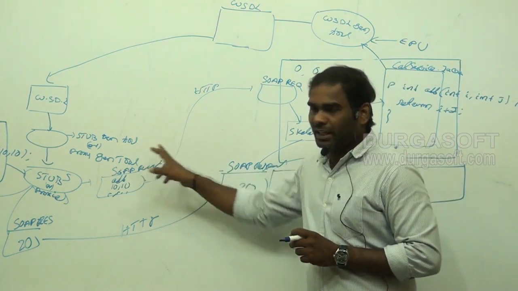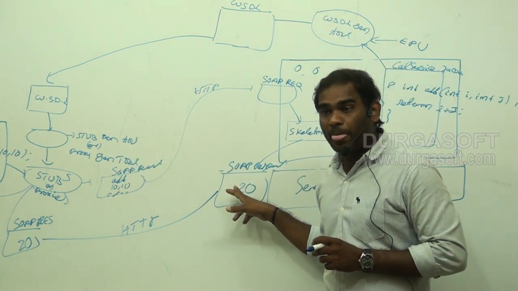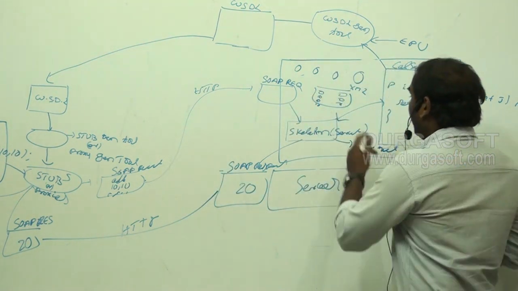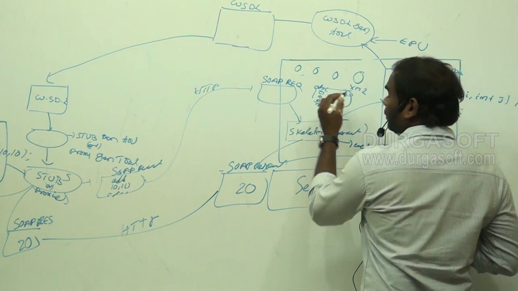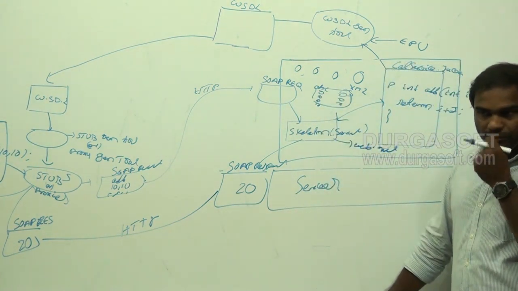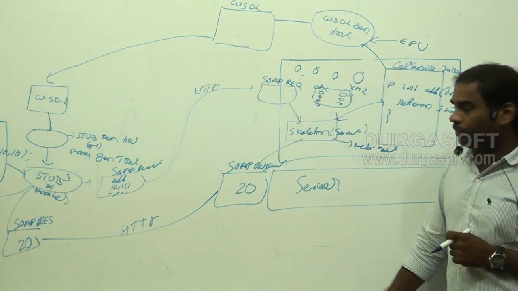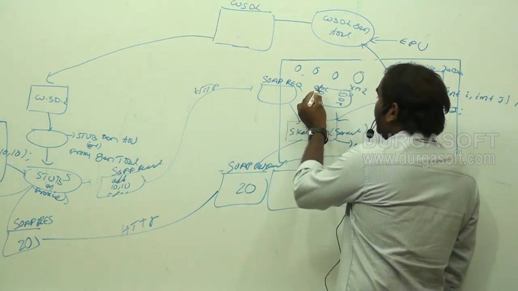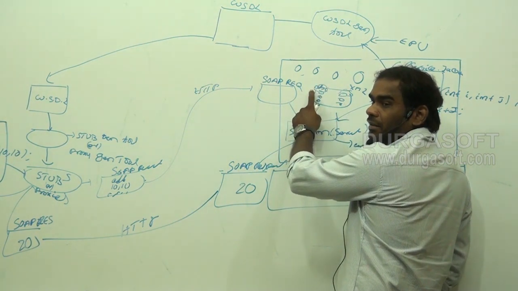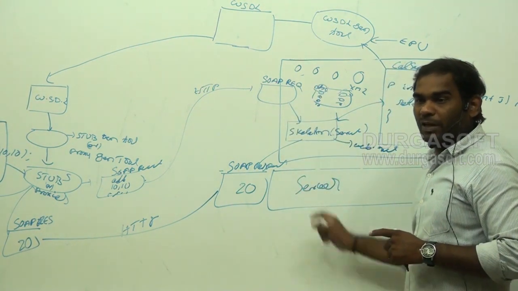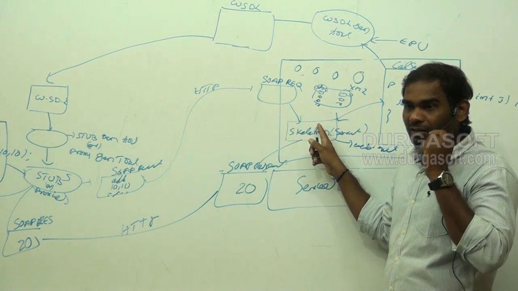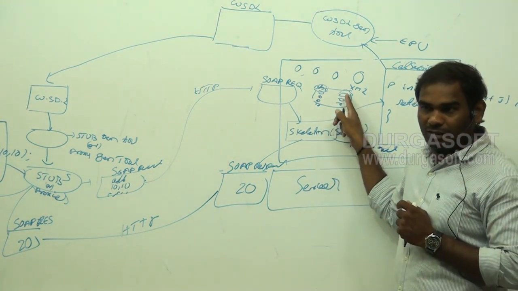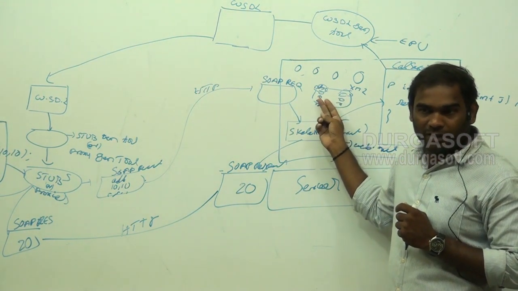So when our client makes a request, what will the client do? Client will send that service name. Let us say for our CAL service the name is ABC. So when our Skeleton receives the request from the client, it will have this name ABC. So based on that, it can understand that I need to invoke this client request method on this CAL service here. I hope you understood why this XML is required here.